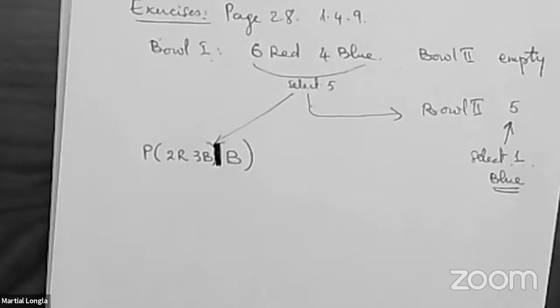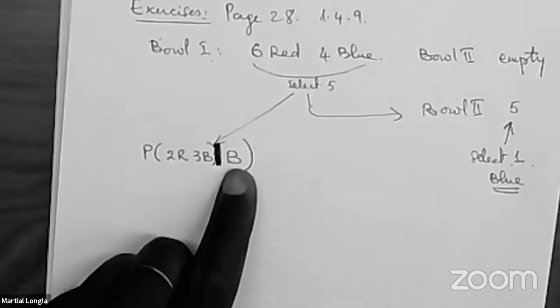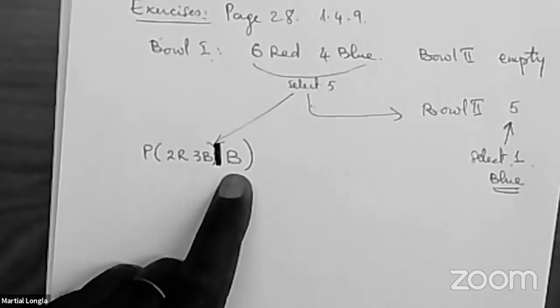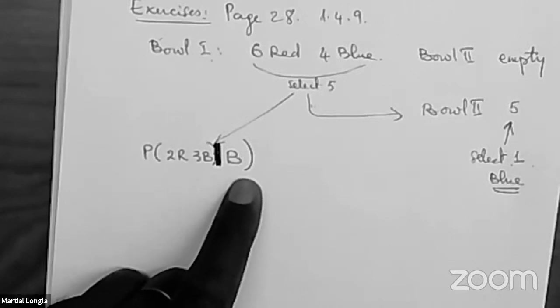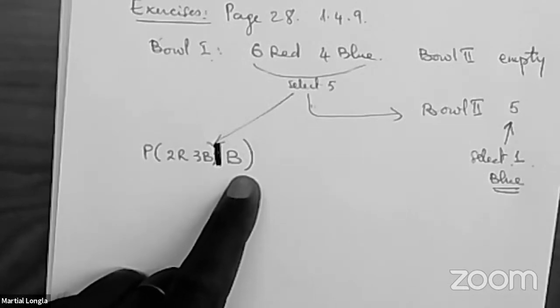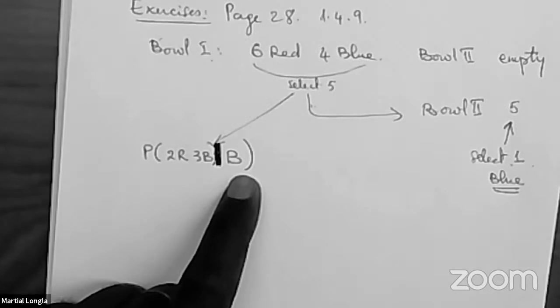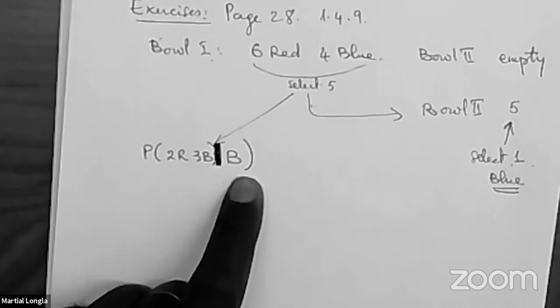Bayes. Why? Because we are conditioning on the result. We are conditioning on the result of the experiment. So we need to use Bayes formula. Am I making sense? So anytime you're conditioning on the result of the experiment, you think of Bayes formula. And why will it be actually the full Bayes formula here? Because the sample space here splits